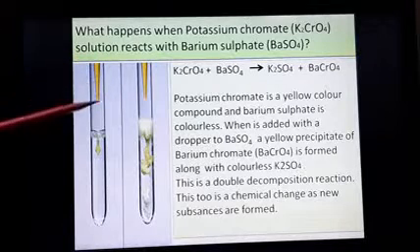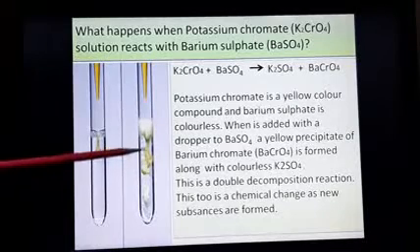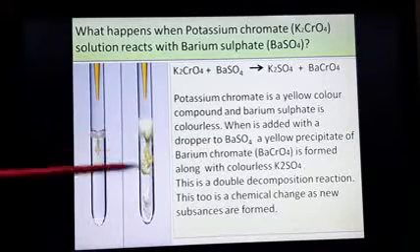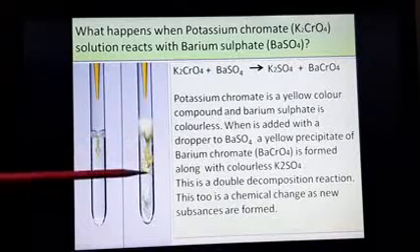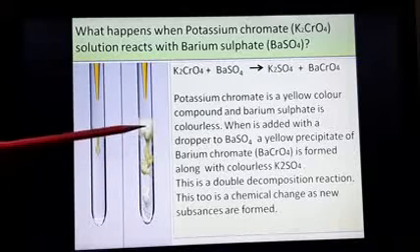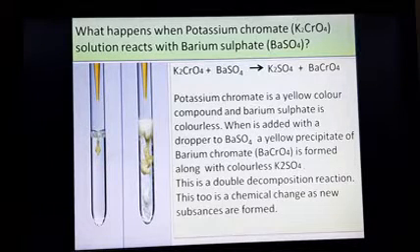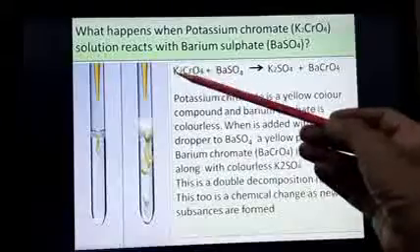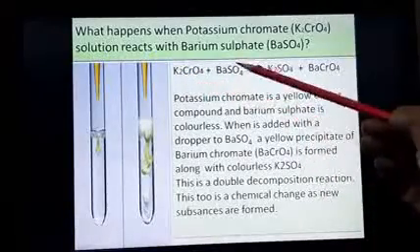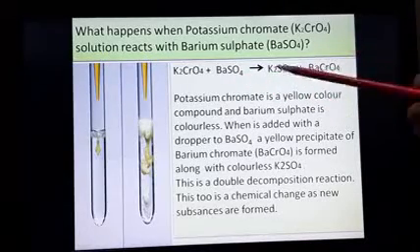Now if potassium chromate is dropped dropwise into this, you will find a white yellowish color precipitate formed. A precipitate is a substance which you cannot see through, so a precipitate is formed over here, and the precipitate is of barium chromate, and also potassium sulfate is formed. This is a double decomposition type of reaction. You have already studied it last year. So the K plus ions, whose valency is 1, react with SO4 ions, whose valency is 2, and therefore you have K2SO4.